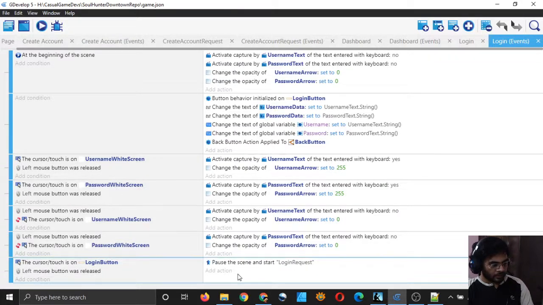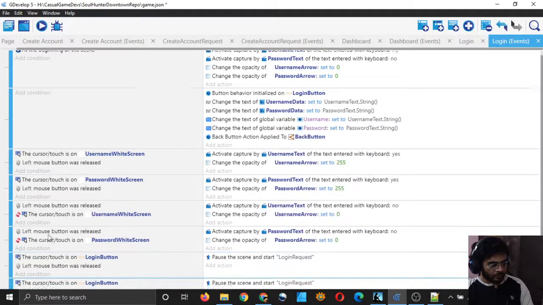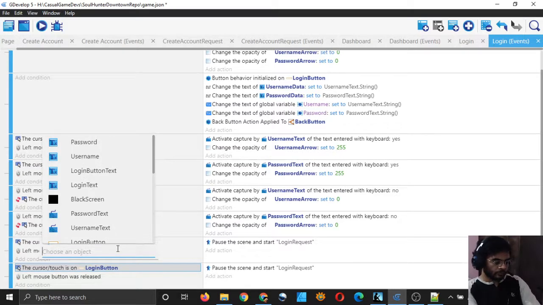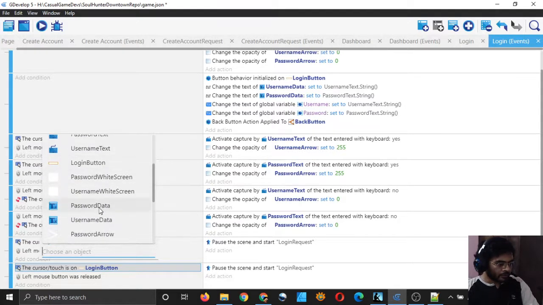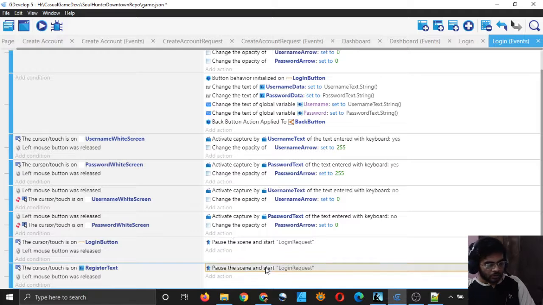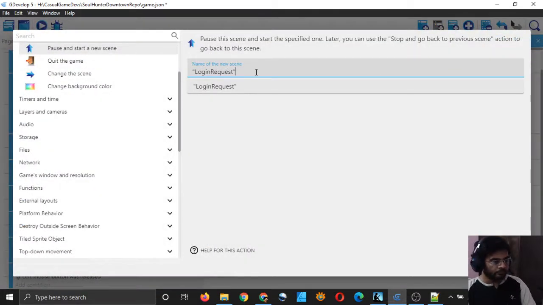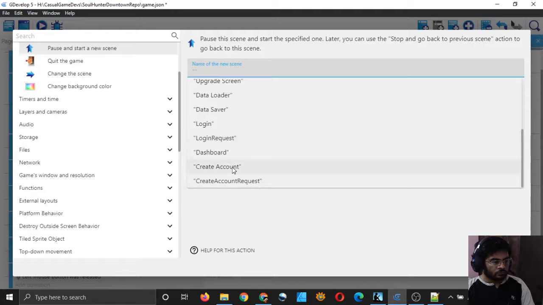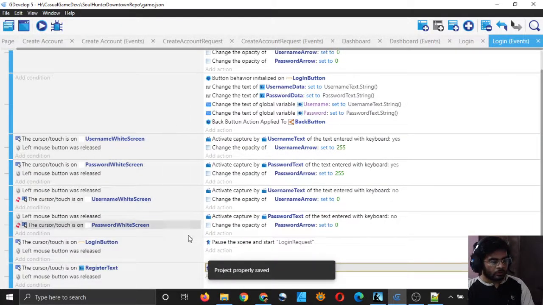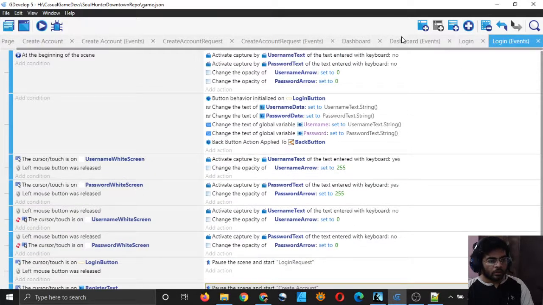I will just simply copy this event and paste it here, and I will change login button to register text, right? So now when I click on register text, it will take me to the create account scene. Create account, right? That's good, right?